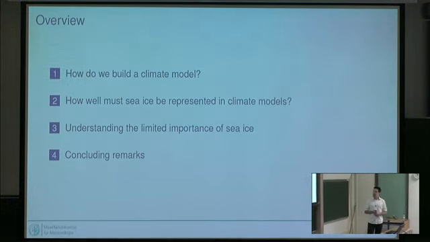And so what I'll do today, I start giving you a brief overview of how we build a climate model. And I can tell you that really from first-hand experience, because over the past 5 to 10 years, we've built a new climate model at the Max-Planck-Institut, the ICON Earth System model, which really was starting from scratch, building an atmosphere model from scratch, building an ocean model from scratch, because it's now based on triangles rather than on squares, making everything much more complicated. But it was really building a complete climate model out of nothing. But I'll not talk too much about that model today. I don't have too much to show from that model yet.